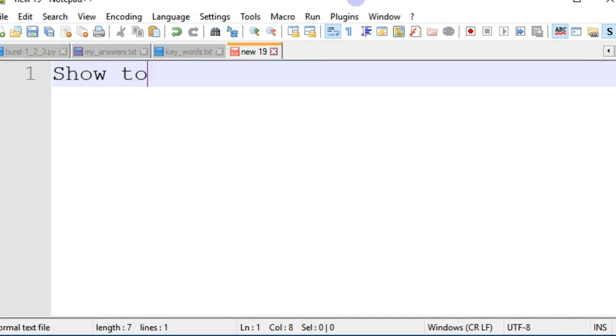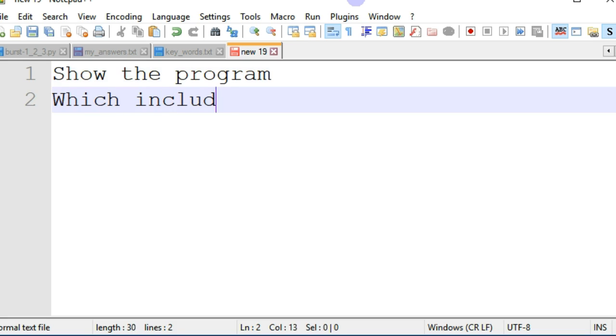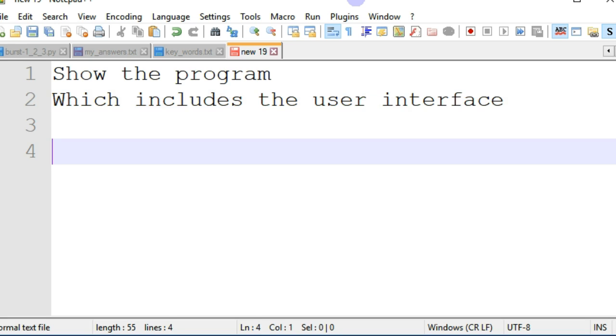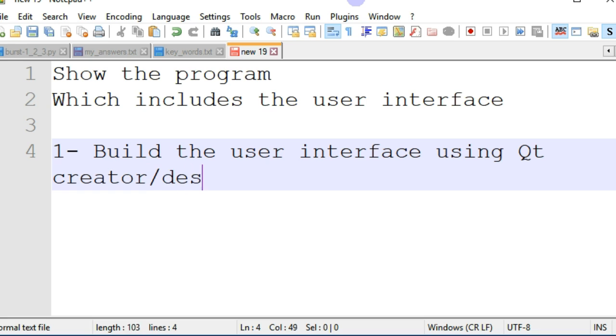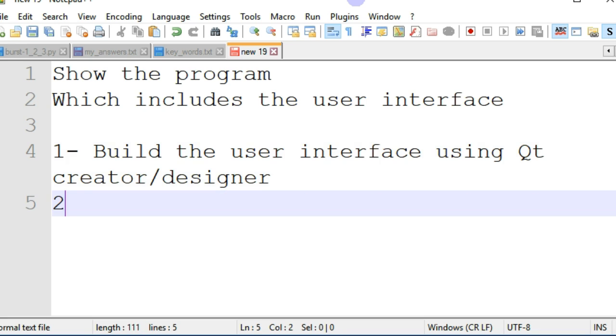First, I'm going to show the program, which includes the user interface. There are two separate portions. One, we build the user interface using Qt Creator, or I think it was Designer. And the second step is that we use the template for the